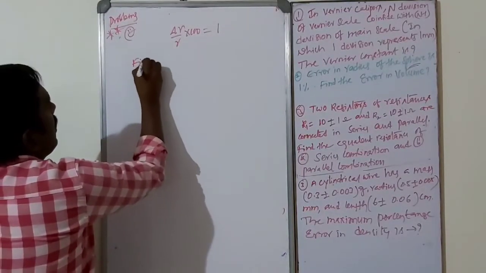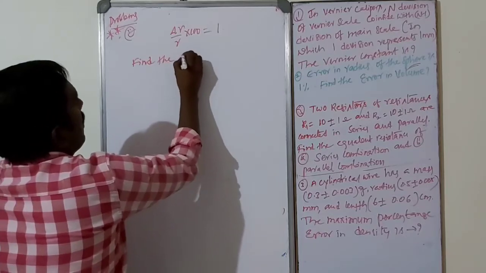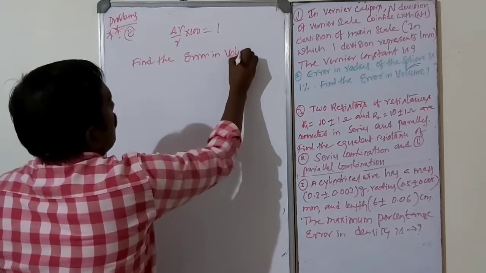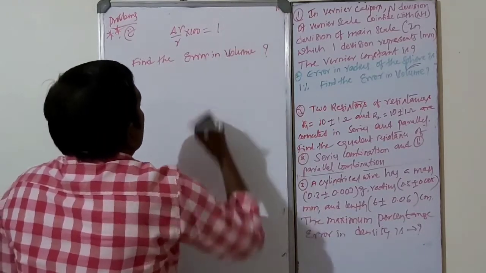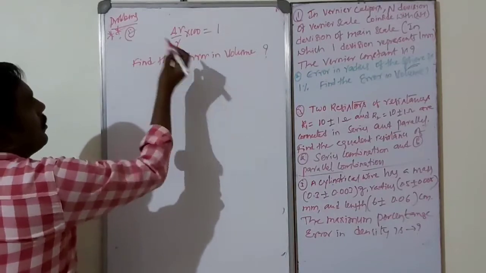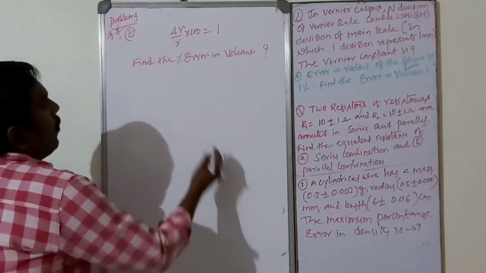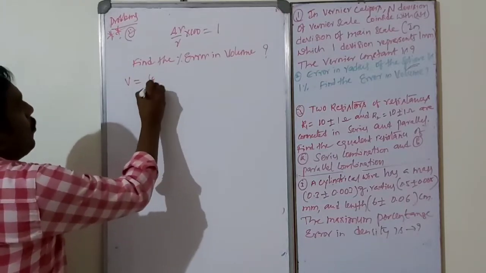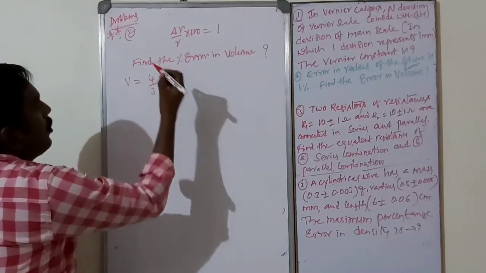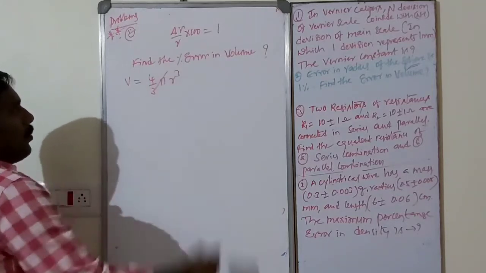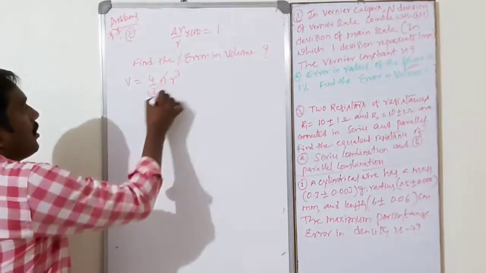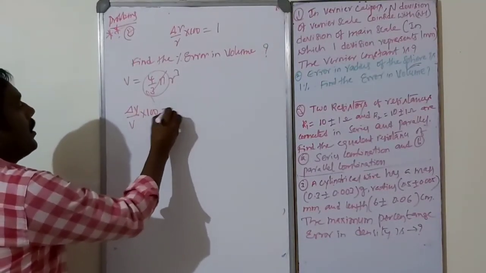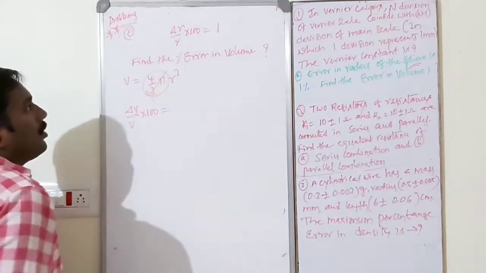Find the percentage error in volume. That is a sphere. So volume of the sphere is nothing but 4 by 3 pi r cube. 4 by 3 pi is the constant, so neglect the constant term. Then delta V by V into 100, that is percentage error in volume, is equal to